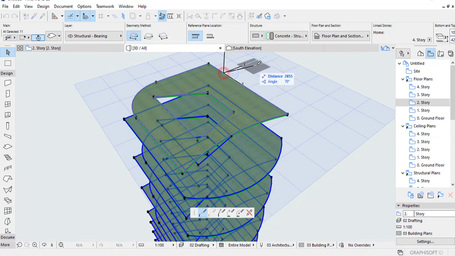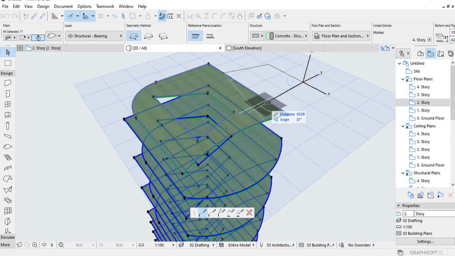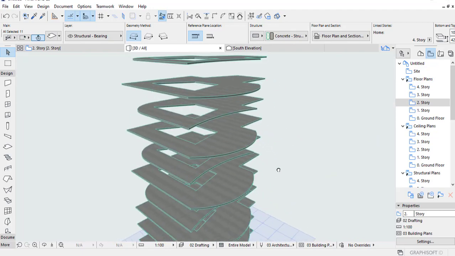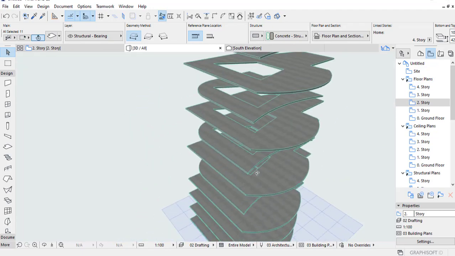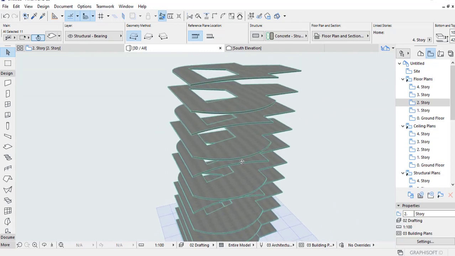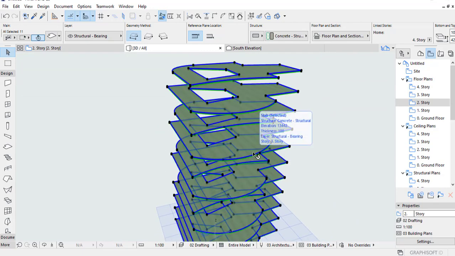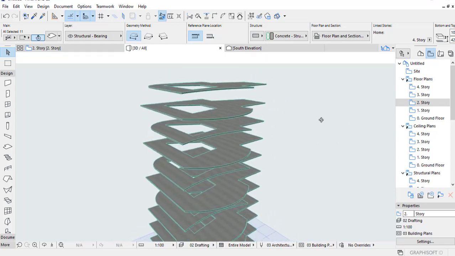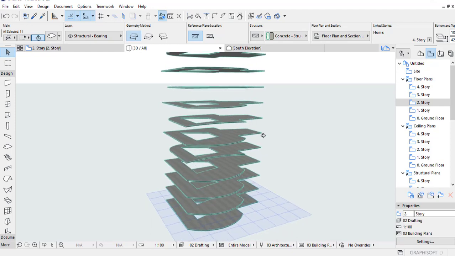While you go for a polygonal shape, you can define an extra shape and it gets added to the slab all at once. Okay, I think this is pretty much it about slabs.